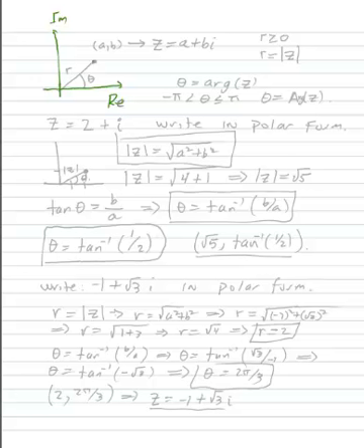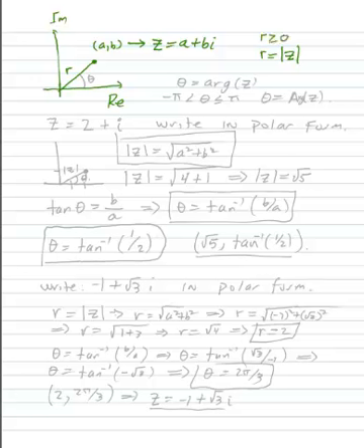A point in the complex plane (a, b) corresponds to the number z = a + bi, and the directed distance from the pole to that number z is equal to r. And remember, we defined r as being the modulus of z, and we're under the assumption